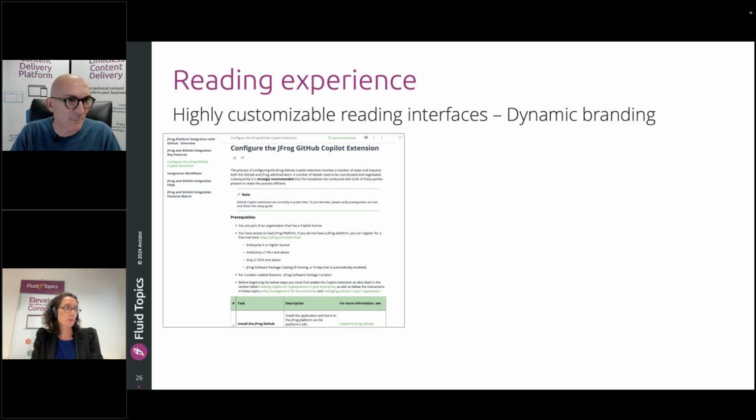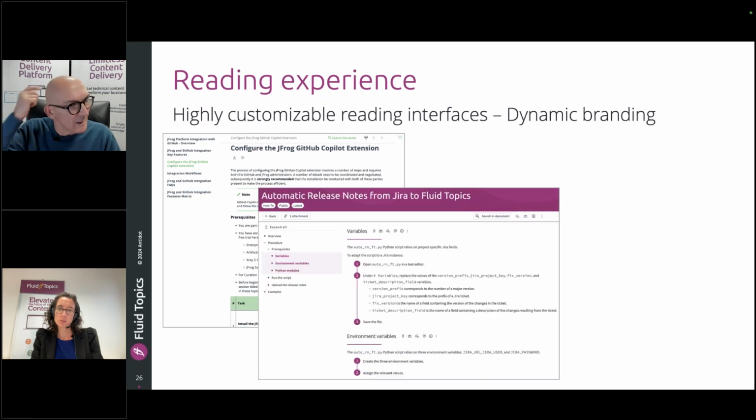I have 3 examples here. One from JFrog. So you see the way they have chosen to design this reading experience with the tables rendered. This screenshot comes from our own TechDoc portal where we have a lot of step-by-step instructions on how to do things, how to configure the product. And you see here that we can build these sort of action lines, 1, 2, 3.